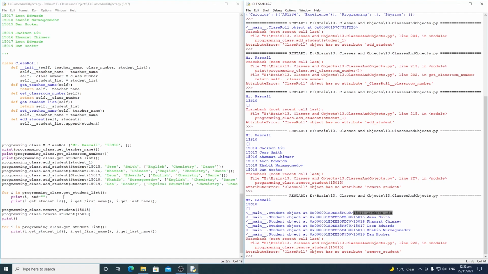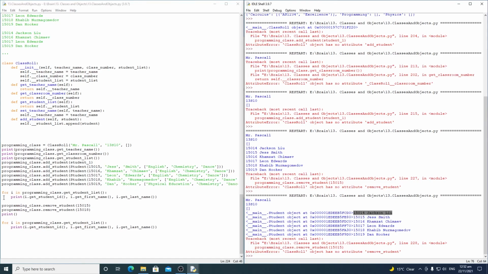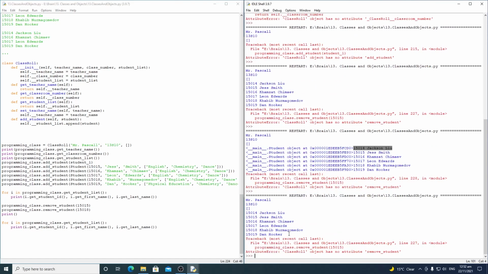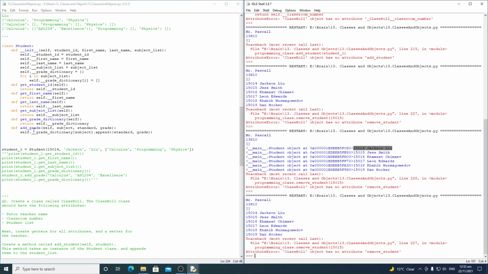All right, so I can delete this now. Hopefully you can see that these are all student objects, and each student will, for example, have their own student dict, right? So they have their own grade dictionary, they have their own subject list. So now you can see that using classes and combining classes is very useful for